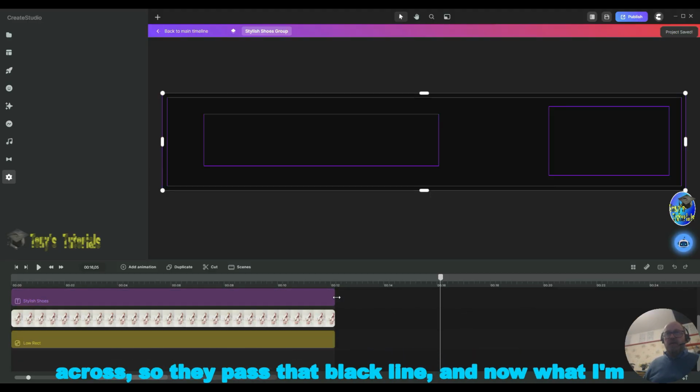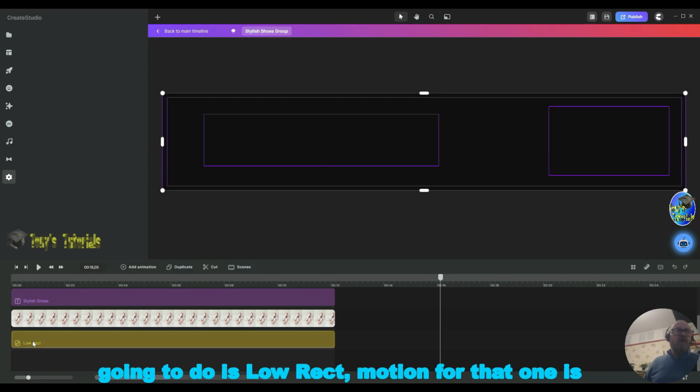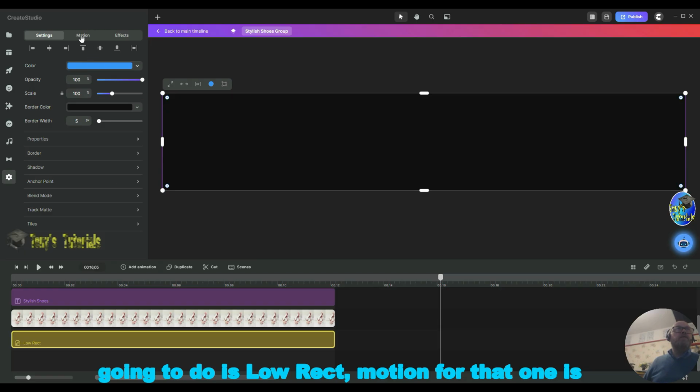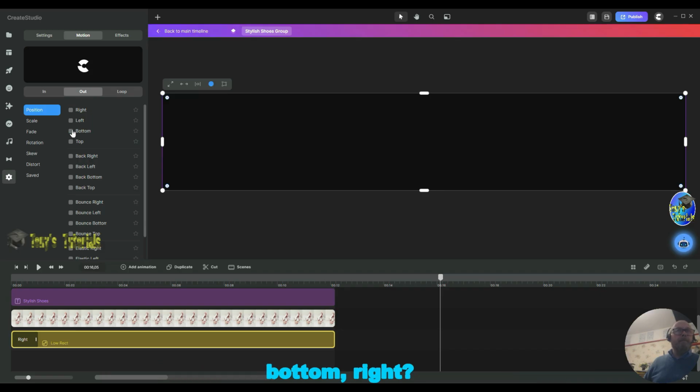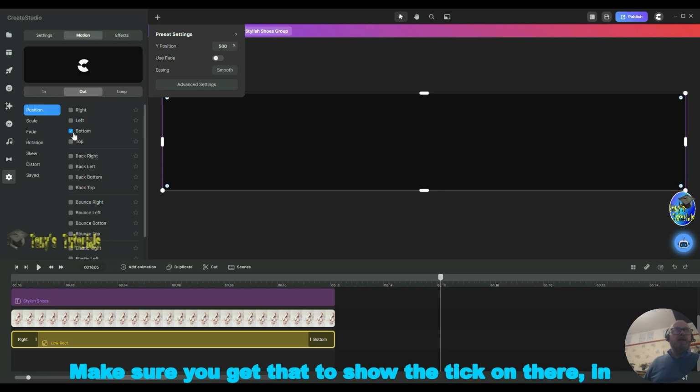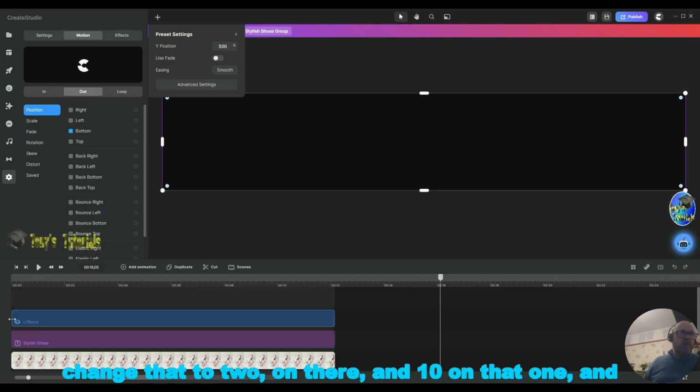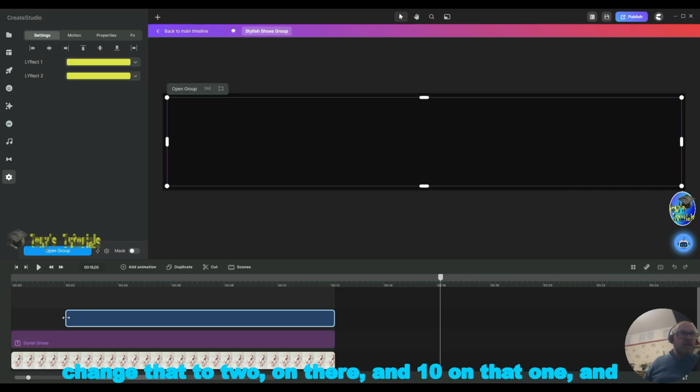I've just dragged them across so they're past that black line, and now what I'm going to do is low rect. Motion for that one is right. I want that to come in from the right, and out bottom. Right, make sure you get that to show the tick in the tick box, and then we go to low LY rects, change that to 2